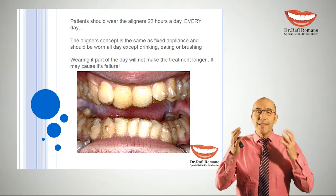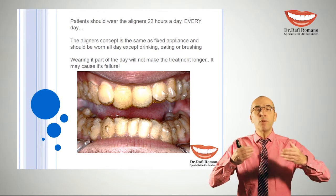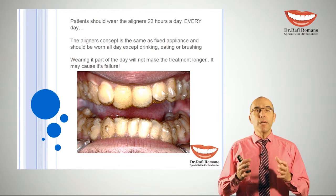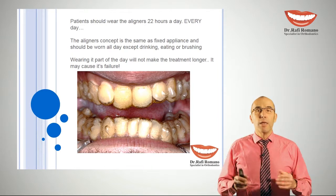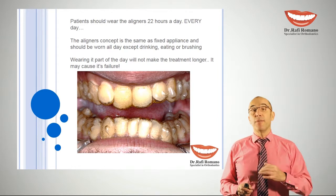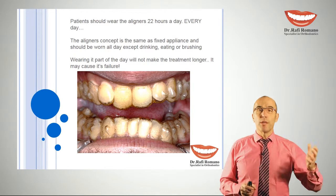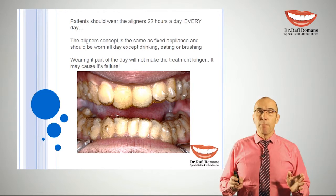But the idea is that we have a continuous force, which is the whole day. 22 hours for the teeth means the whole day. We can have a rest if it happens that you have an event and you are not wearing it one day for a few hours, nothing happened. But if it